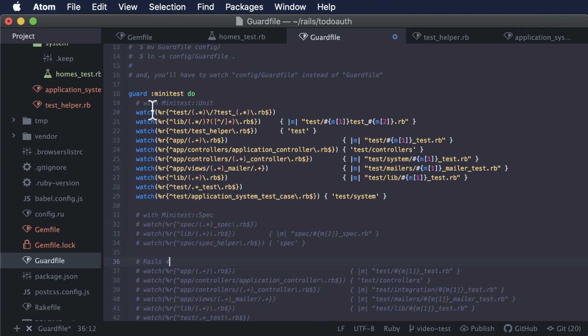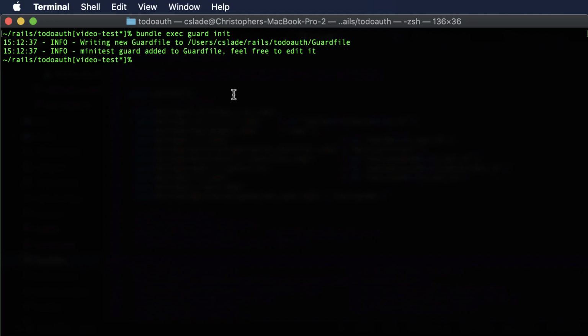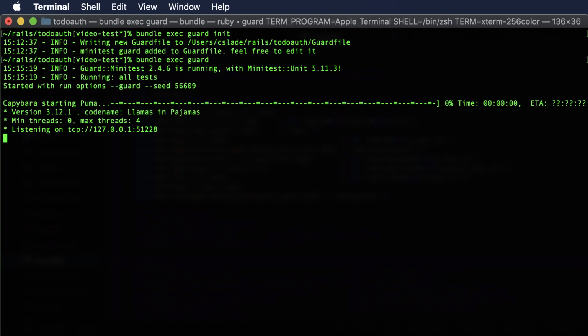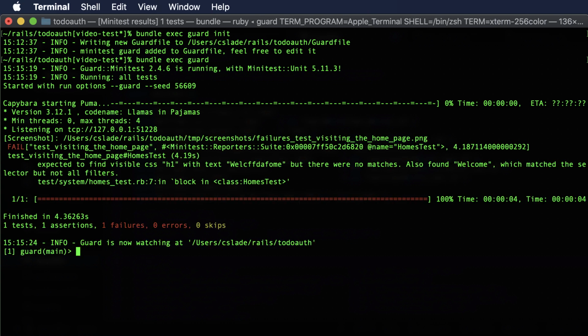But basically what this says is, this is a regular expression, watch all these files, and when any of these files change, run this test over here. So after we've made those changes, we can run bundle exec guard. And now we're in Guard, and Guard will automatically watch our files, and whenever we save them, it'll rerun our